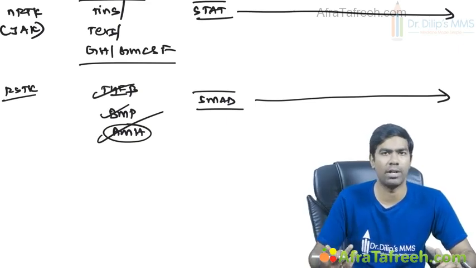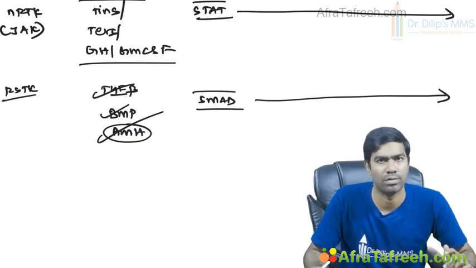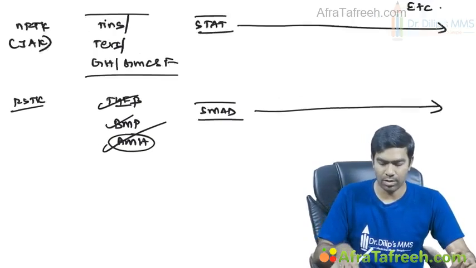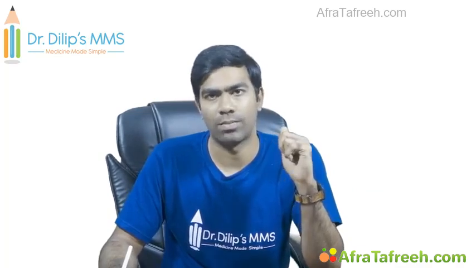They bind to the SMAD binding domains in the DNA and they regulate the genetic expression of certain genes and proteins. Clear? So this is in a nutshell. You can see very easily and you can revise this very easily for exams. Whenever you want to go for the exam, just before going to the exam, just revise this once and move on. Very important table that you have to know for exams.